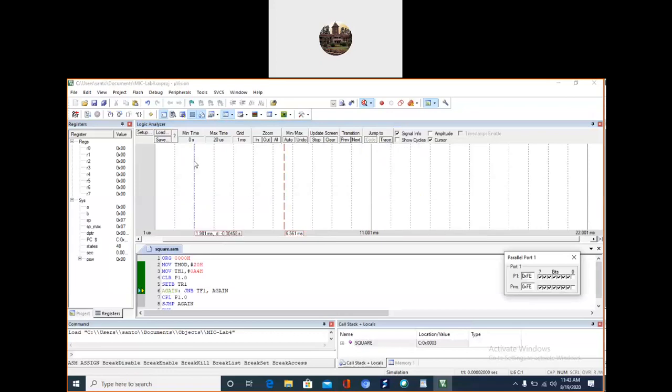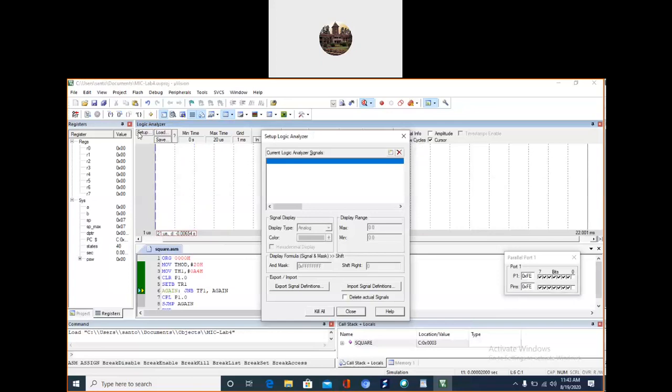Go to the setup. So here, in the current logic analyzer signals, I will write here the port. Which port are you using? P1.0. So I write there P1.0.